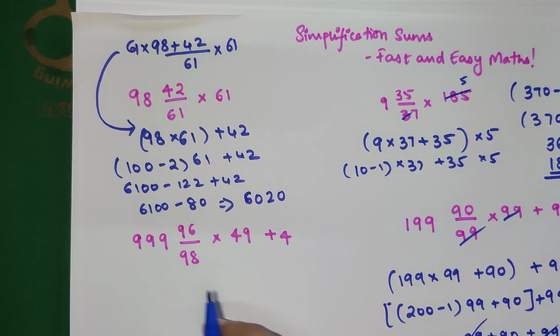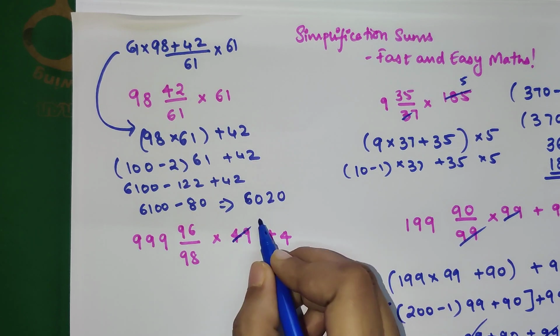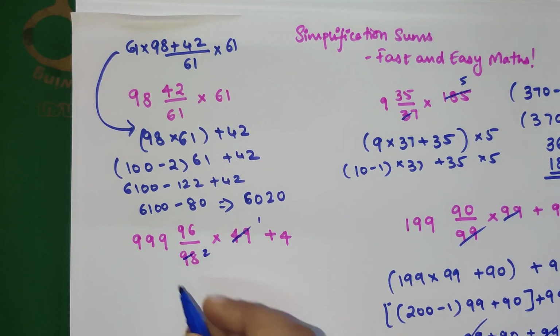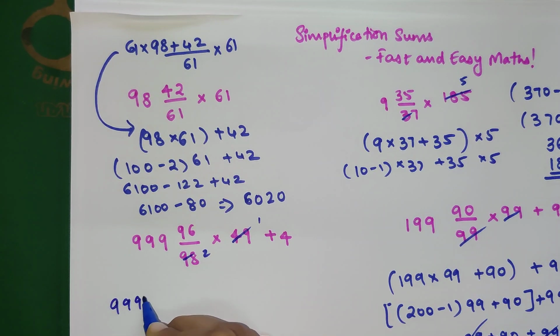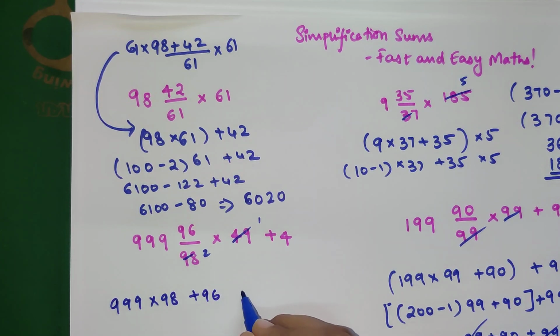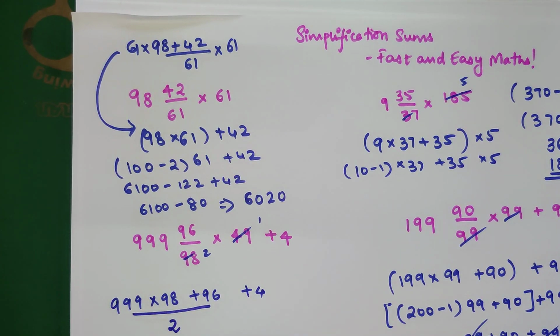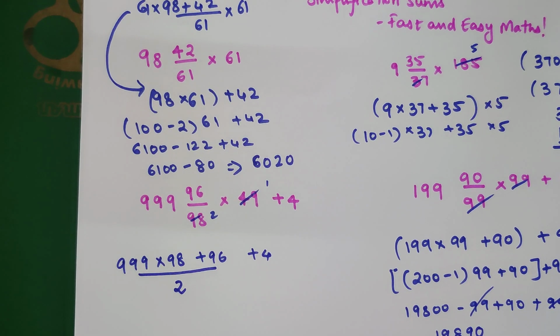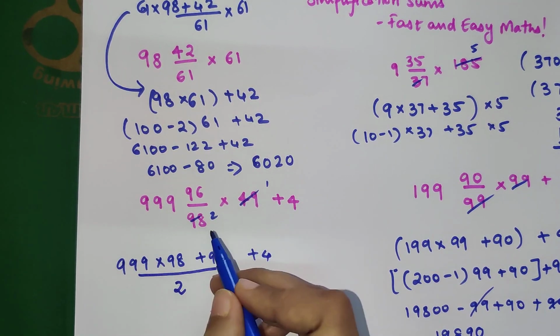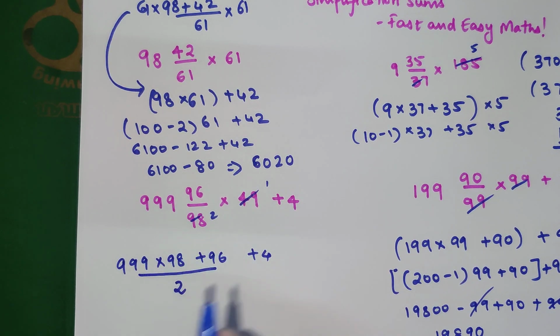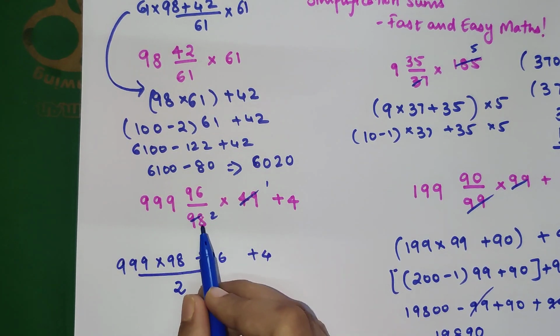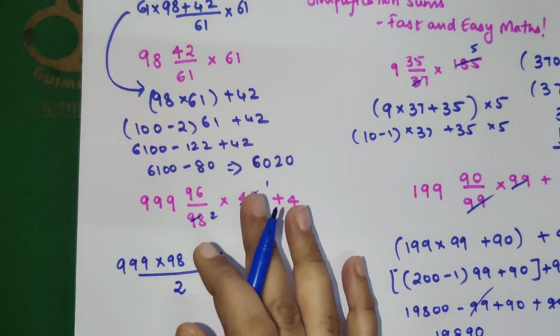Okay, so now over here, if you look closely, this is 1 and this is 2. Okay, so now here what you get is 999 into 98 plus 96 plus 4. Okay, and this is still getting divided by 2. See here again, one thing very important, since things are cancelling, don't make the mistake of multiplying 2 by 999. Okay, that's not going to work. Understood? You will have to stick to your mixed fraction